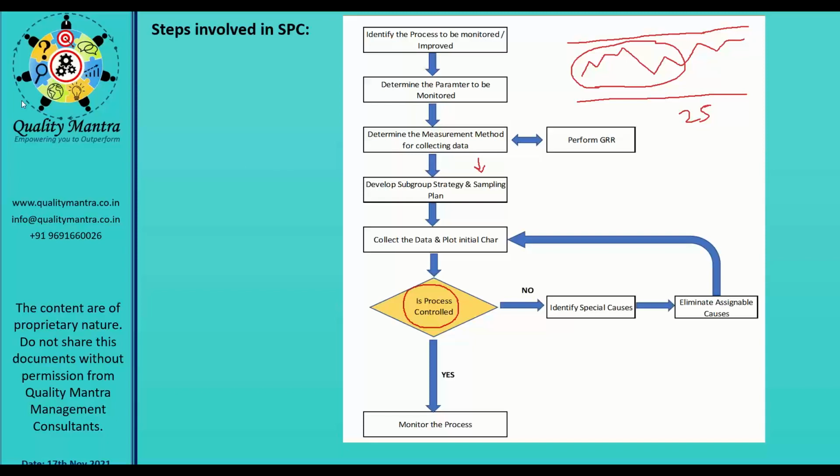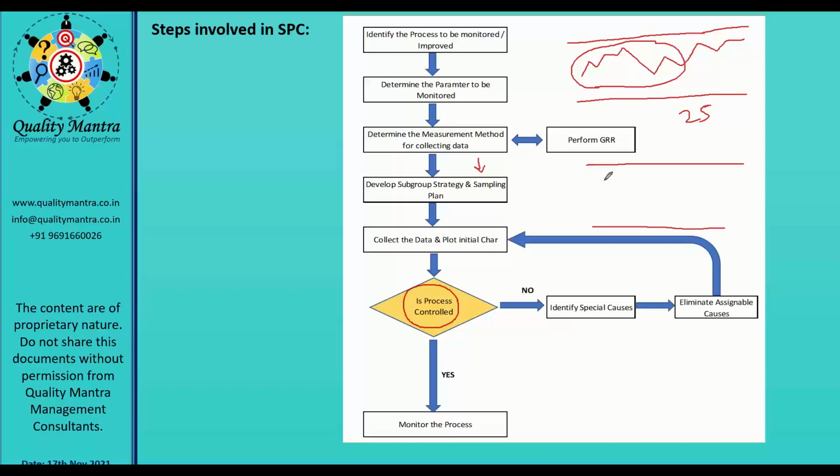At that time it is not in control. If it is a special cause, it is not in control. So how are you going to find out that special cause? How will you find out whether the special cause is present in this trend or not? If the trend chart goes up and down, the cause will be easily identified. If it gradually increases or decreases, it will be a special cause.